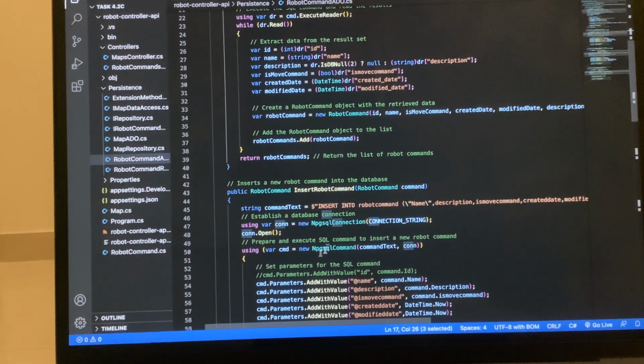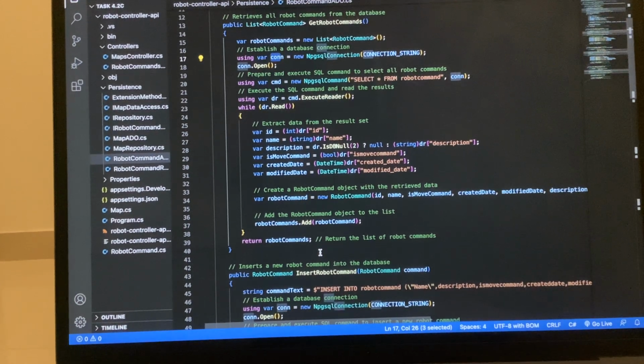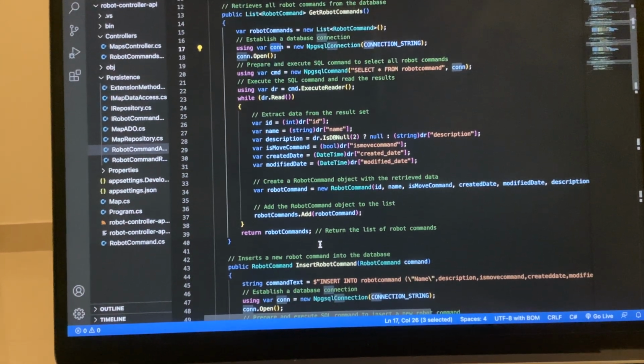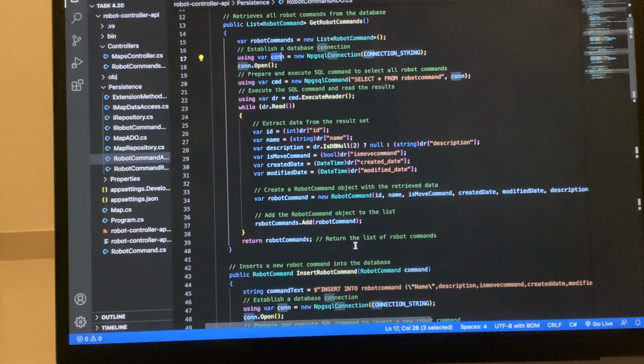So overall, this class serves as a data access layer for robot command entities in the PostgreSQL database. It provides methods to perform CRUD: create, read, update, and delete. That's what's happening in almost every